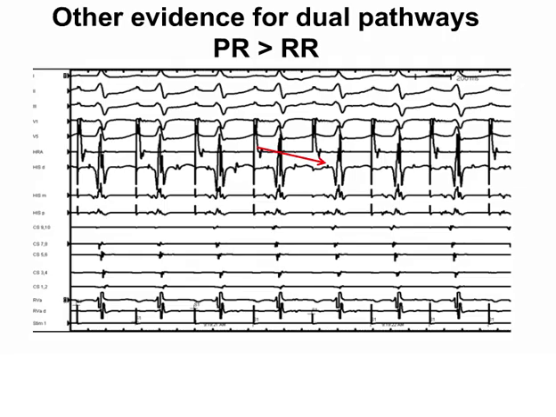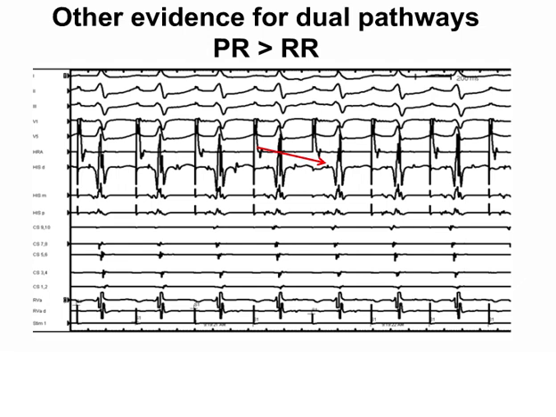There is other evidence you can look for dual pathways, and in this case, I've drawn an arrow from the pacing spike all the way across one QRS to another His in front of the next QRS. That very long conduction time, which is called crossover or the PR greater than RR phenomenon, is usually seen only when you have slow pathways present and you can conduct one-to-one down that slow pathway. So if I were to come off pacing on this example, and I think we see later where I do, you'd see that long AH time. And that sort of crossover phenomenon is very commonly seen with